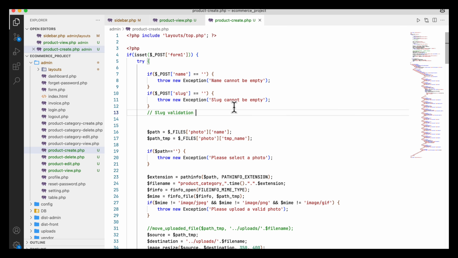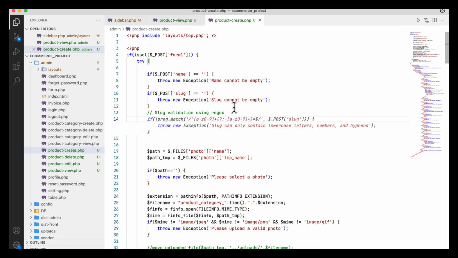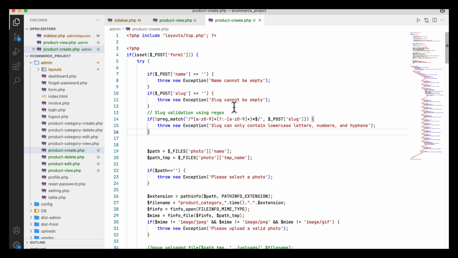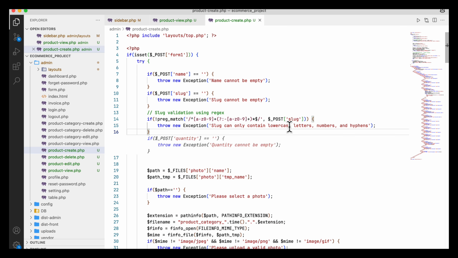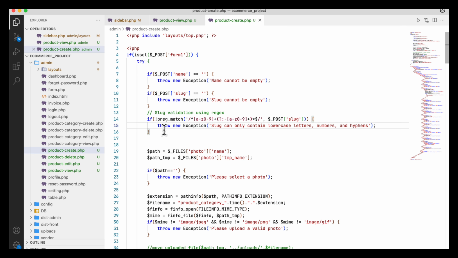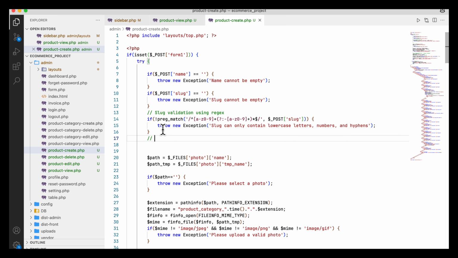No, I want using regex. So here the validate rule can be this one. This is also okay. Slug can only contain lowercase letter, number, hyphen. In this way I will check or validate it. Then slug uniqueness using database